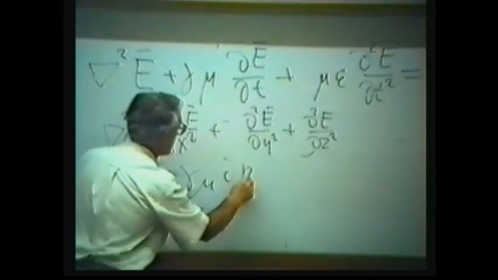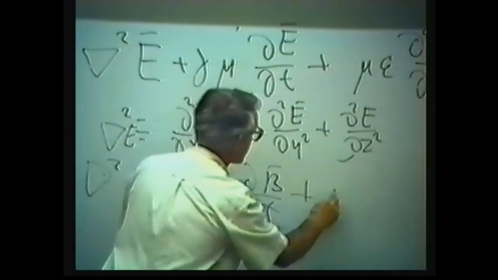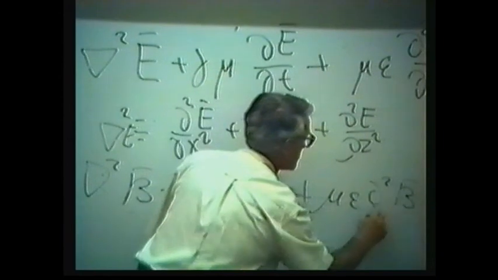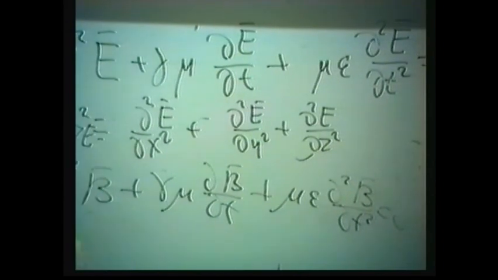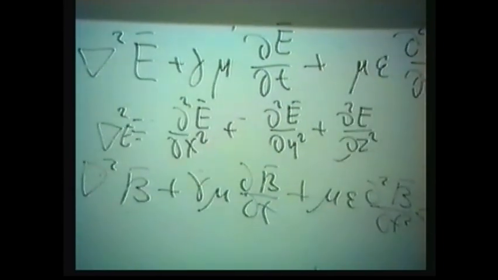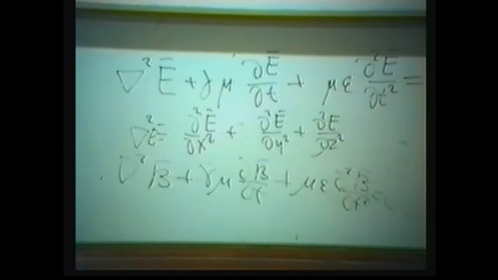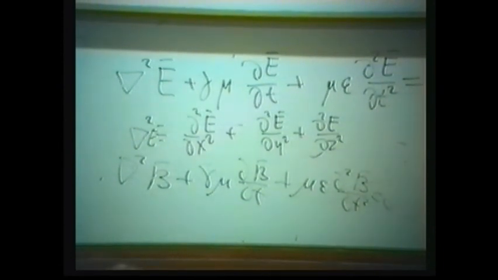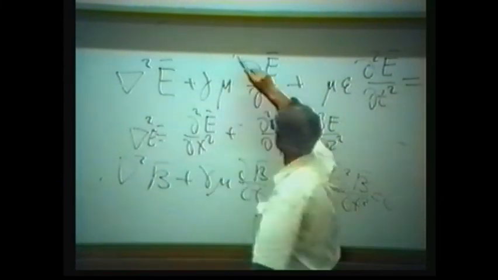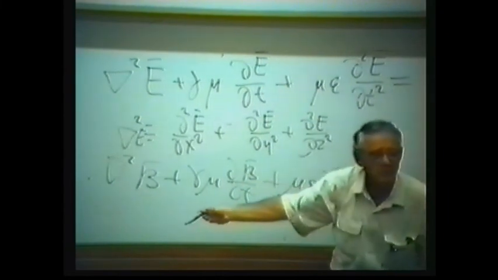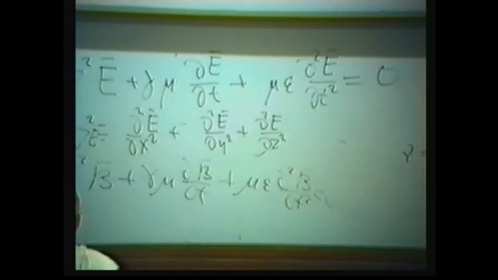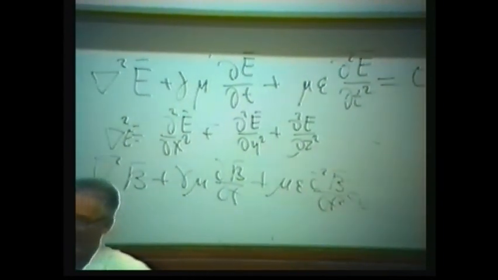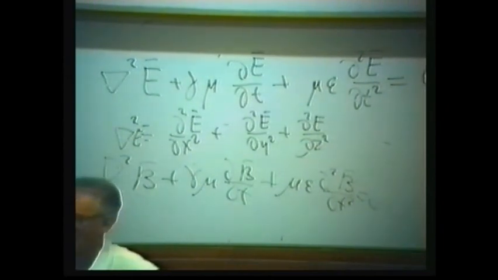Gamma mu dB/dt plus mu epsilon d²B/dt². These two equations tell us about all phenomena which take place in electromagnetic geophysics, without any exception, everywhere. If, for example, direct current, remove all derivatives, that's it. And then, after the break, I will start step by step to tell you about propagation, diffusion, quasi-stationary field, and consider